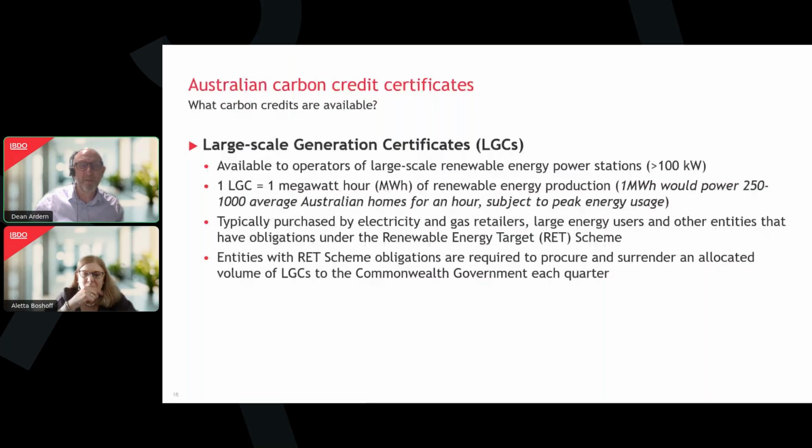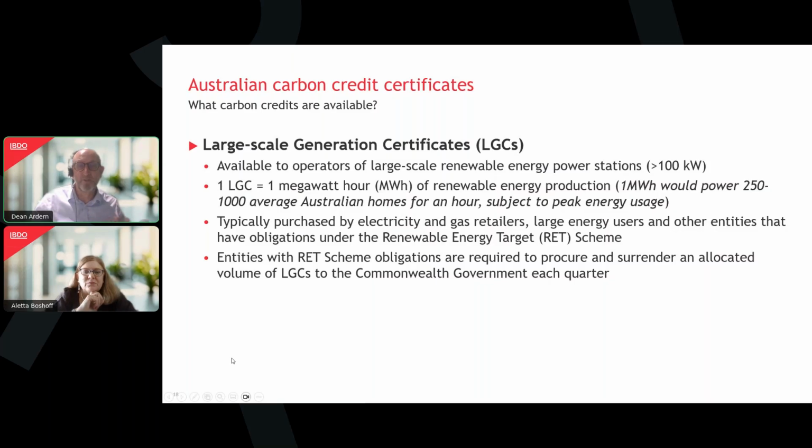for about an hour. That's obviously subject to peak time usages, size of the houses, and various other things. So it can vary quite significantly, but to give you some context. They're typically purchased by electricity and gas retailers, large energy users, and other entities that have obligations under the RET scheme. And entities with the RET scheme obligations are required to procure and surrender an allocated volume of